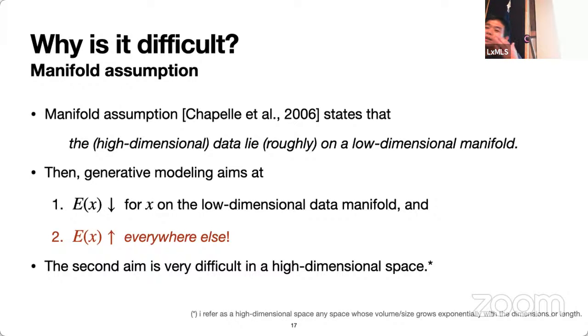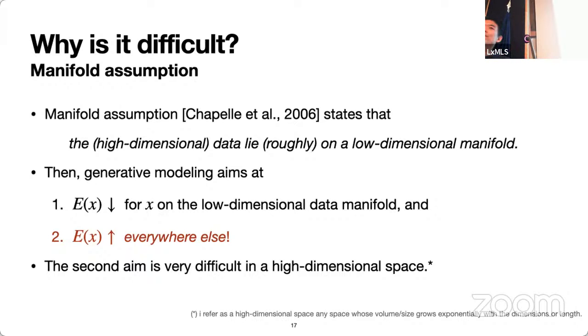Why is that? In order to identify or characterize this low dimensional data manifold, our generative model should look at the high dimensional non-data manifold and then try to suppress the probabilities that are being assigned there. And that's just very difficult. The reason why machine learning works well on high dimensional space is because data lies on a low dimensional manifold. However, for us to build a generative model, we have to explore the entire space and then suppress all the possible values that the input can take. And that's just too big.